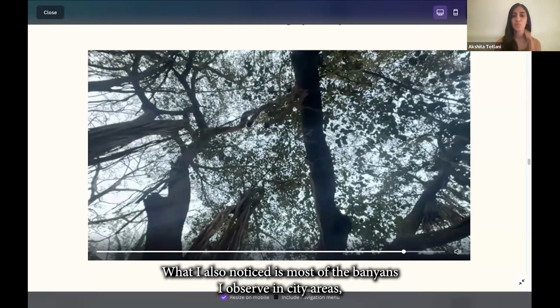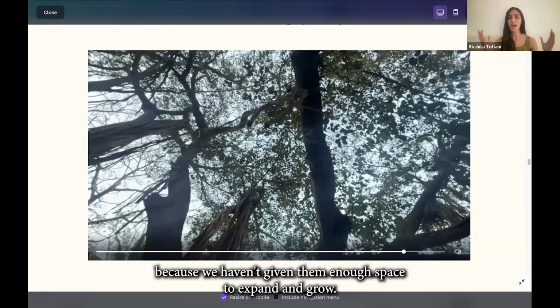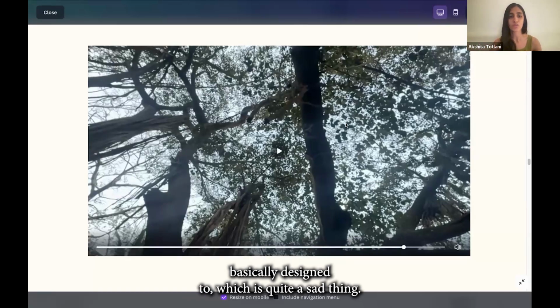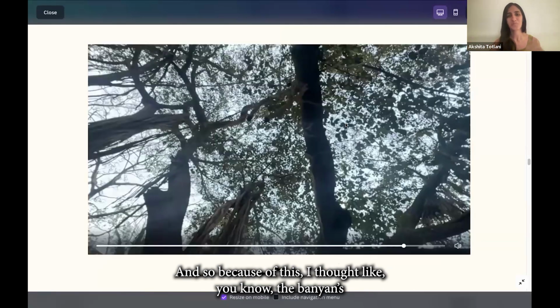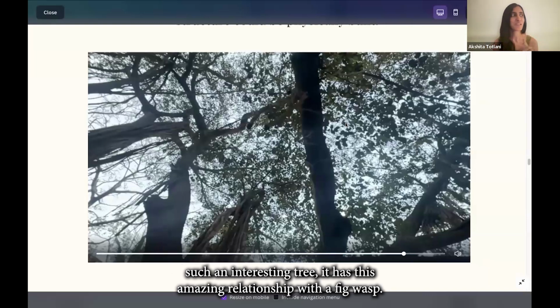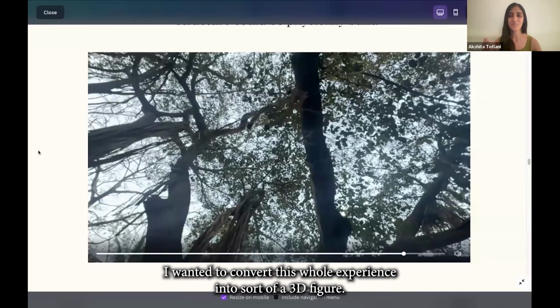What I also noticed is that most of the banyans I observe in city areas, I think the majority of them, are just solitary banyans because we haven't given them enough space to expand and grow. They're not growing or living the way they're basically designed to, which is quite a sad thing. So because of this, I thought the banyan's such an interesting tree. It has this amazing relationship with a fig wasp. And these are things worth sharing and knowing, which is why I wanted to convert this whole experience into sort